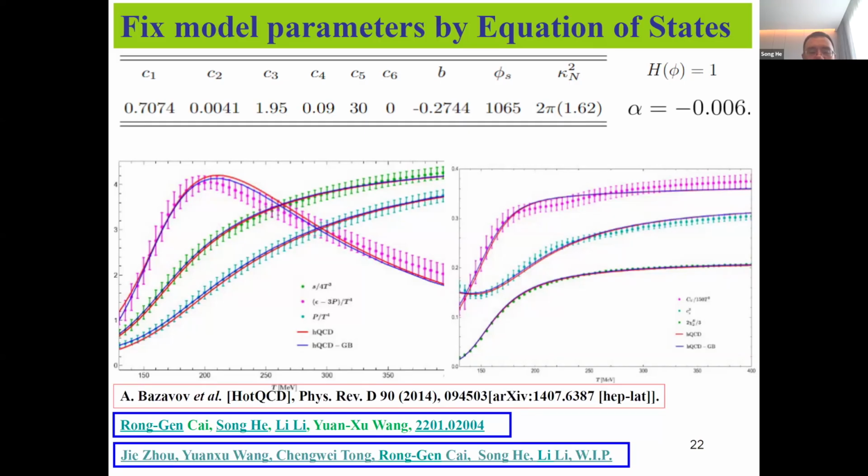There are infinitely many possible combinations for the form of this h phi, and we try to use machine learning to optimize this and determine it. And finally, we find this combination, and we only use 8 parameters. This is the equation of state. We do the global fitting of the equation of state combined with the hadron data.